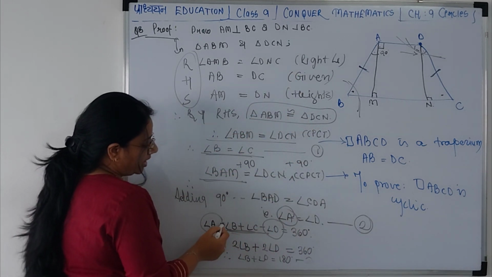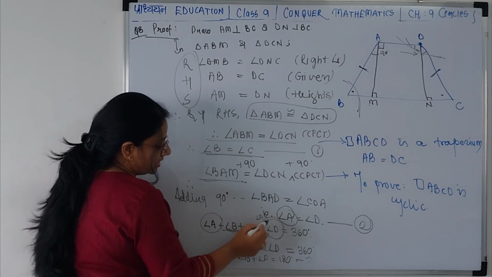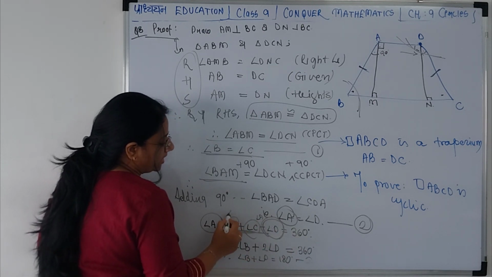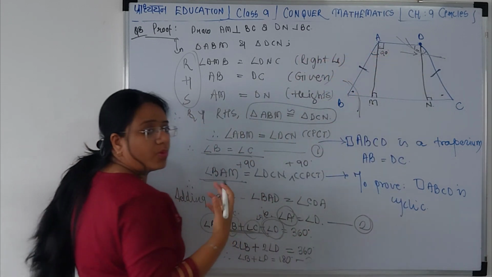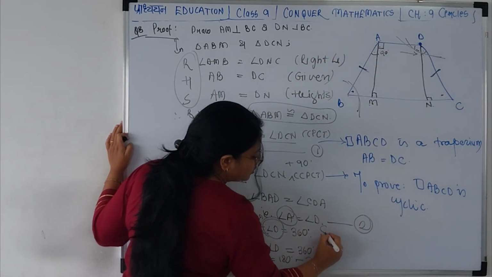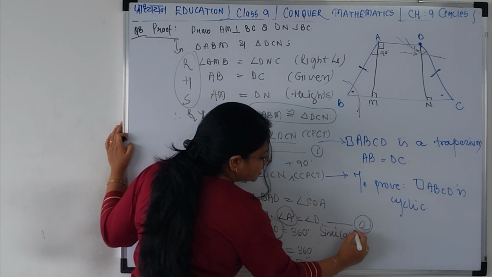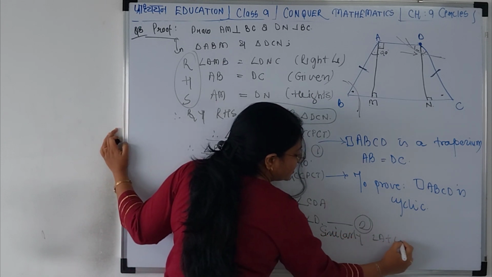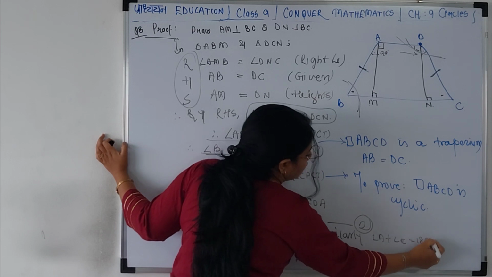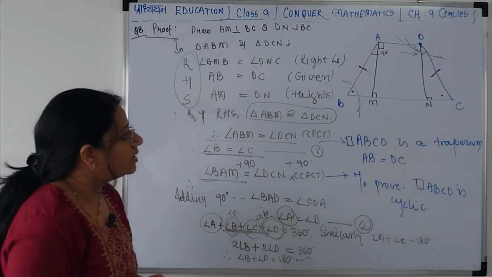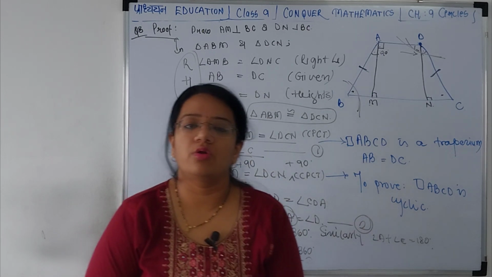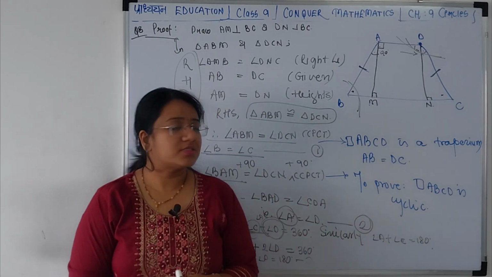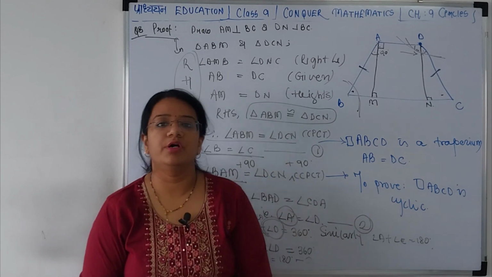Similarly अगर हम यहाँ पे B को replace कर देंगे A से और C को replace कर देंगे D से, तो we will get A plus C also as 180. Similarly you have to say, angle A plus angle C is also 180. So now you can say the opposite angles of a quadrilateral are supplementary. Therefore the quadrilateral is cyclic. Is that clear? So that's your question number 8.